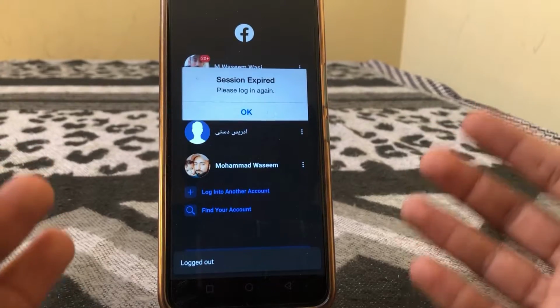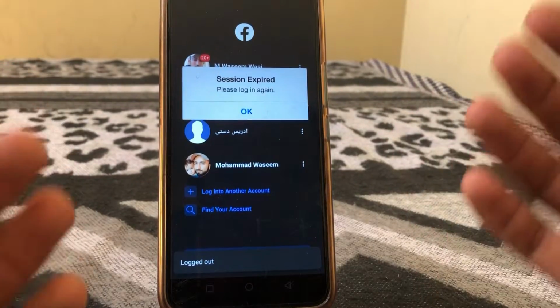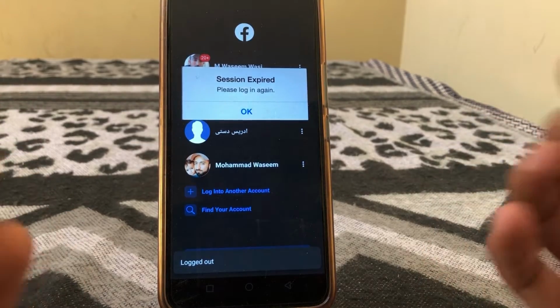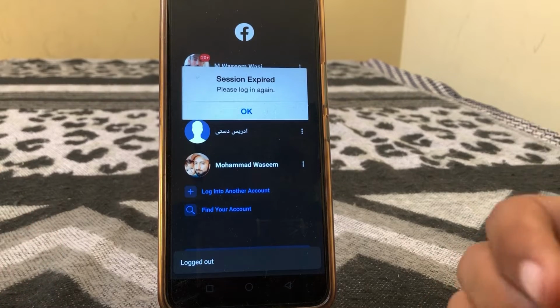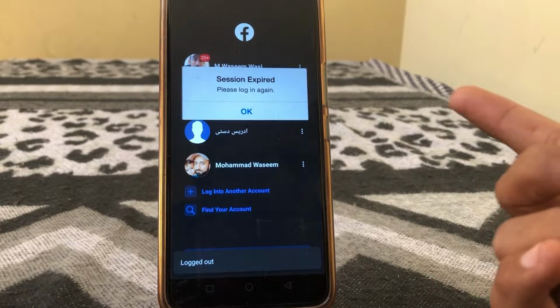So guys, in this video I'm going to be showing you how to fix this type of problem, session expired on Facebook. So guys, let's get started without wasting any time. If you want to log in your account and then you see this type of error, session expired,